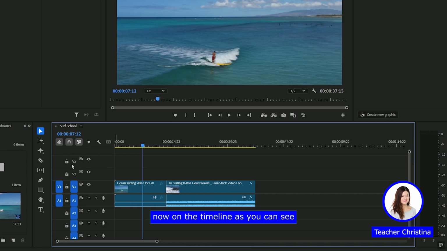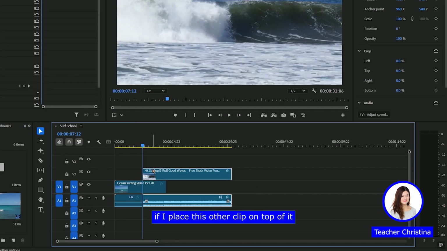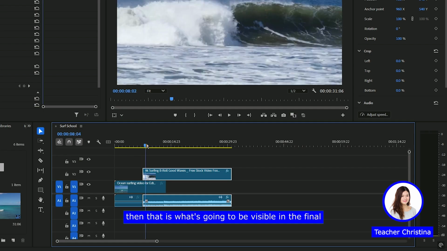Now, on the timeline, as you can see, we have different video tracks and audio tracks as well, and whatever is on the higher video track is what gets priority, right? So, for example, I have this clip right now here on video track 1. If I place this other clip on top of it, then that is what's going to be visible in the